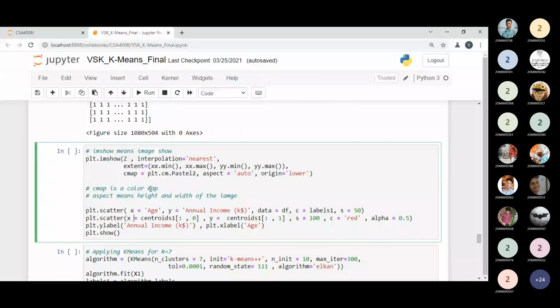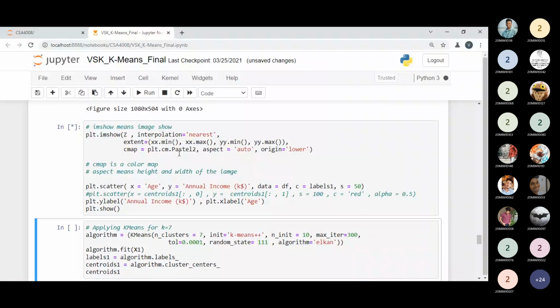So here I'm printing all the things, and in the Y I'm taking the centroid from the one column. So 100 you can take, and red color. So first I would like to display this one right now. Before this one, then I'm explaining the graph. First look at this graph. Then I will tell you the difference. Okay, tell me right now, are you able to see this graph?